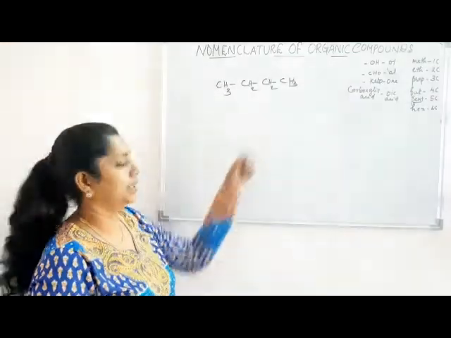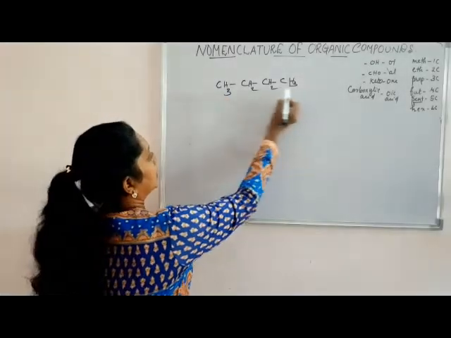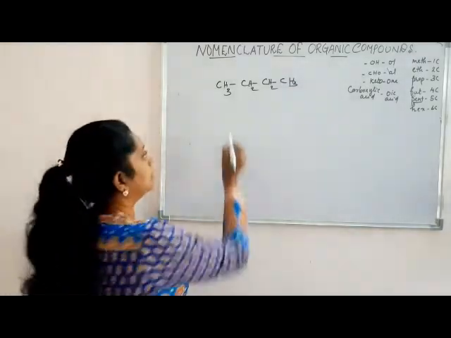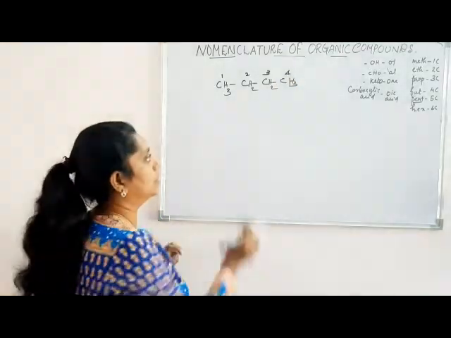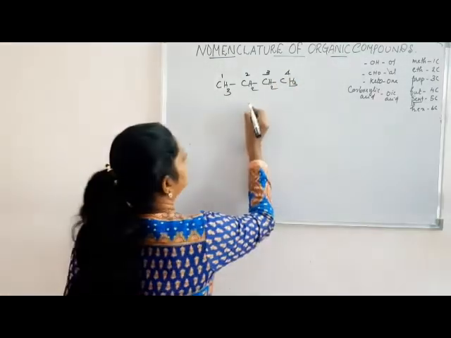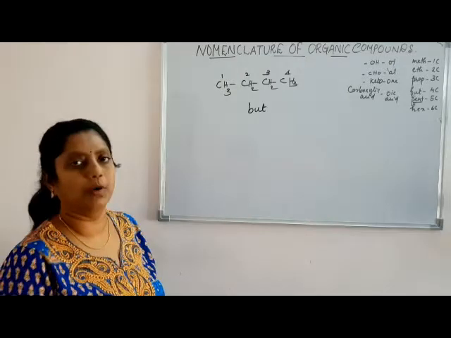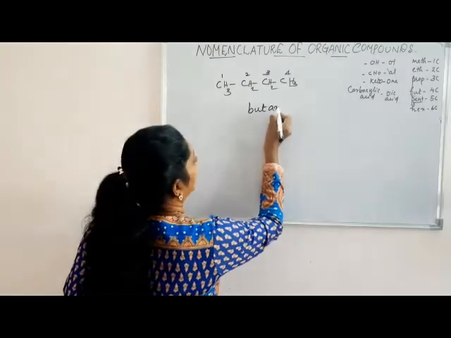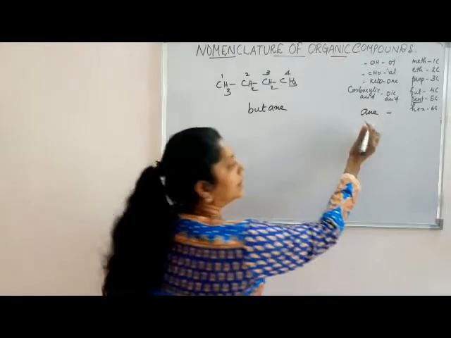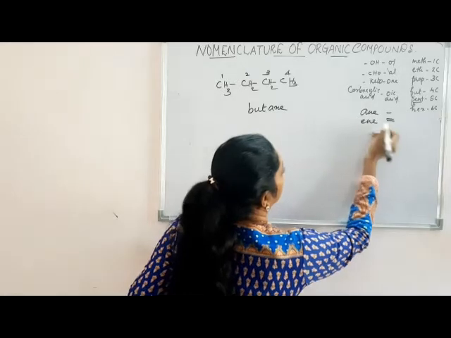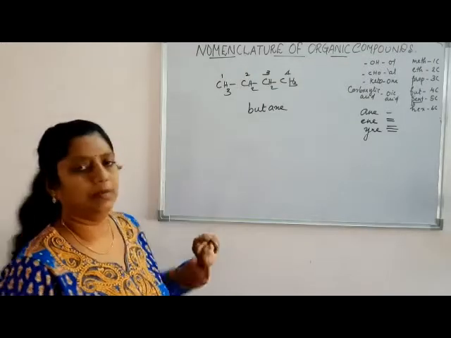So here is a compound. In order to name the compound, first we have to select the longest chain. So this is our longest chain. It contains 1, 2, 3 and 4 carbon atoms. The word root for 4 carbon atoms is but. And the compound contains only single bonds, so we write ane. Ane is used if a single bond is present, if a double bond is present, it is ene, and if a triple bond is present, we use yne. So this is the butane molecule.